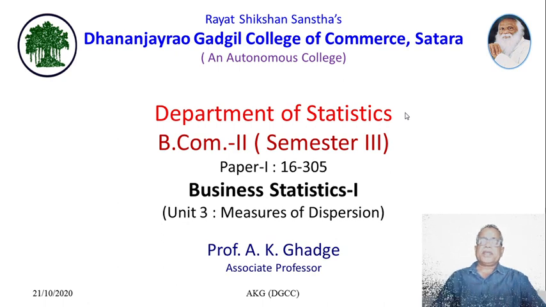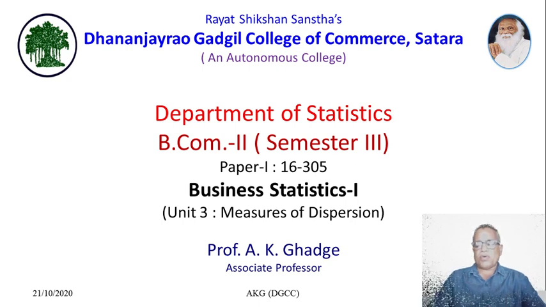Today we see the next measure of dispersion called the mean deviation. Already we studied two methods to measure the dispersion value, called the range and quartile deviation. Both these measures of dispersion are not based on all observations. In case of the range, we take only two observations from the data, the largest observation and the smallest observation, and the difference between them is the range.